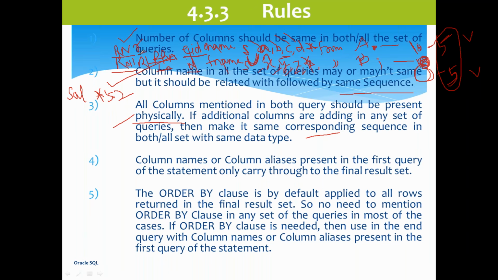So in the first set of queries the alias name is R, so it will display R in the output also. It will not display the column name of the second query. If a column name is there, it will display the column name. If an alias name is there, it will display the alias name. But it will take it from the first query only, not from the second query. That is the fourth rule. The fifth rule is that the order by clause is by default applied to all rows written in the final